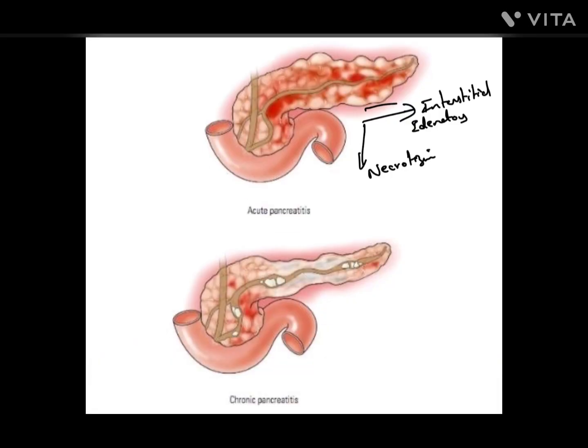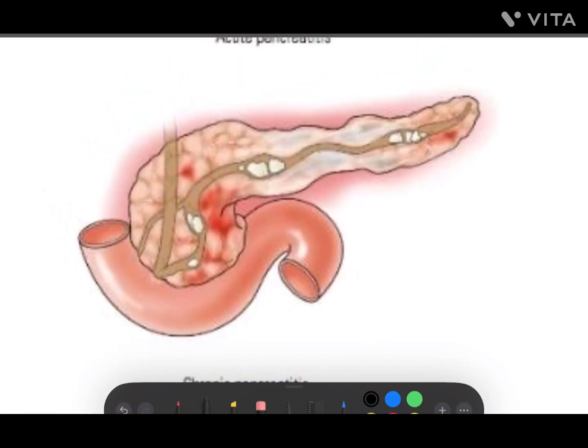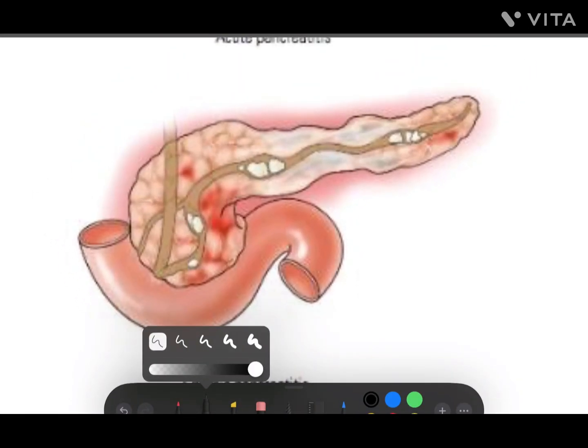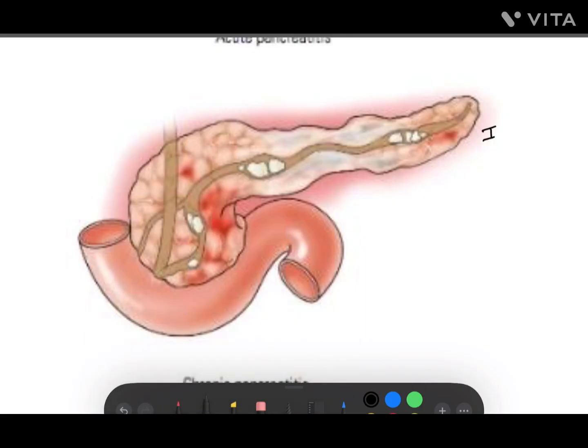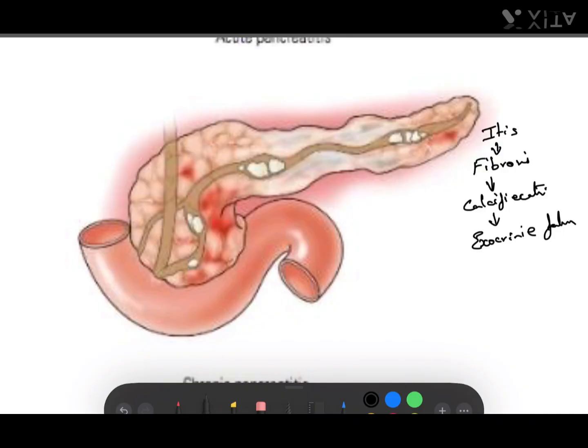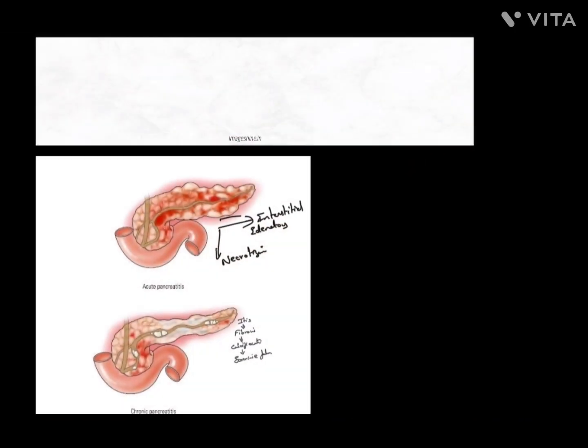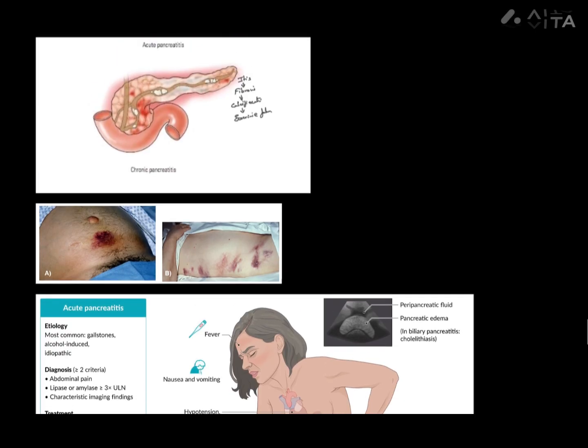Next one we can see chronic pancreatitis. This chronic pancreatitis is progressive. Why am I saying it is progressive? If you see here, this is the pancreas. First it will cause inflammation, after inflammation it will lead to fibrosis, then the pancreas will become calcified and hard, and we can see calcification. Next we can see exocrine failure and endocrine failure. The function is lost, and it will become progressive and irreversible. Okay. So, this is the difference between acute pancreatitis and chronic pancreatitis.